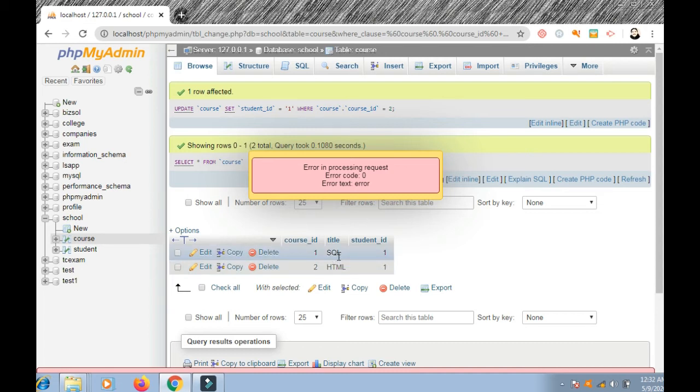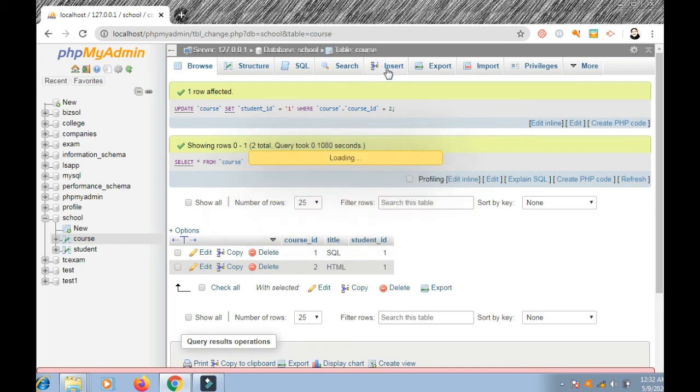Error in processing, request error code 0 and error text is error. Okay, this is some error. Okay, due to some JavaScript, some scripting. Okay, now this is SQL1 and HTML1.